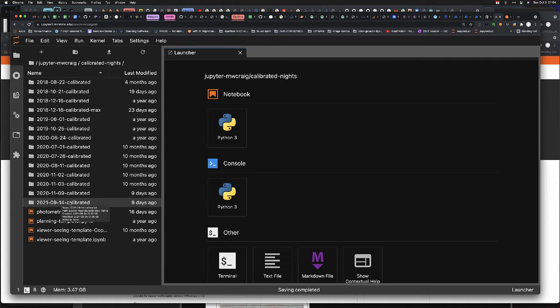If your images are in 914, they're already here. If they're not in 914, talk to somebody in the class who's reduced the 918 data and have them move their folder into here. So I'm going to go into my folder,